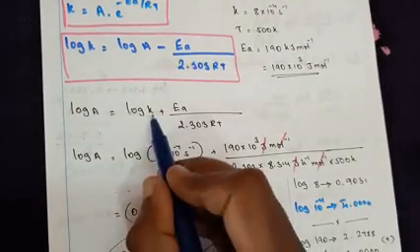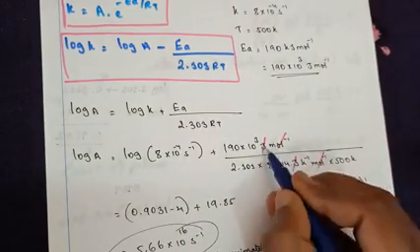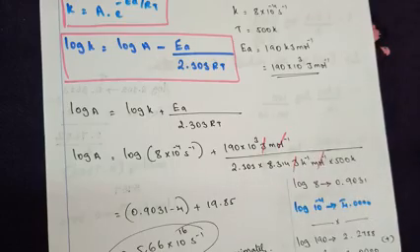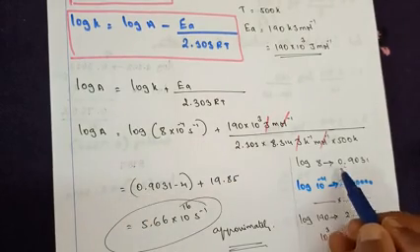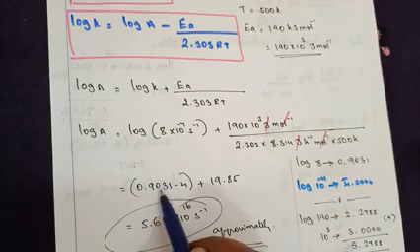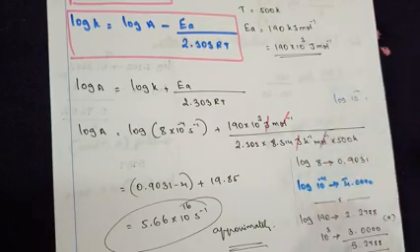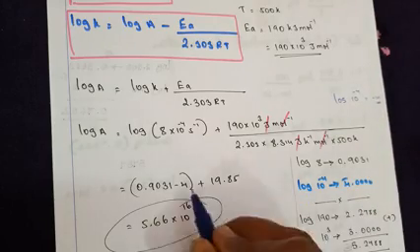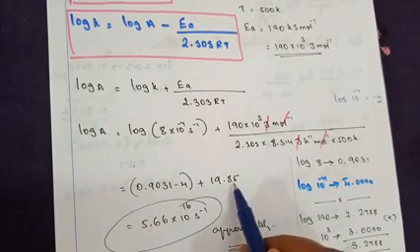Substitute the values into EA. When we substitute, joule and joule get cancelled. This is the unit for the gas constant. Mole inverse and mole inverse get cancelled. So we are left with the remaining value. Log 8 is 0.9031. Already I have told you, log of 10 to the power minus 4 will be minus 4. If it is a positive number, the value will be positive; minus number, the value will be minus. So I am writing 10 to the power minus 4 as just minus 4, plus 19.85.